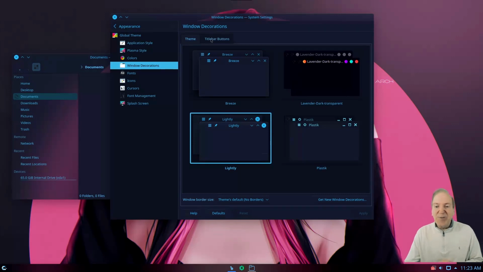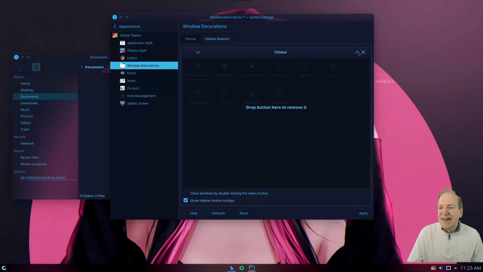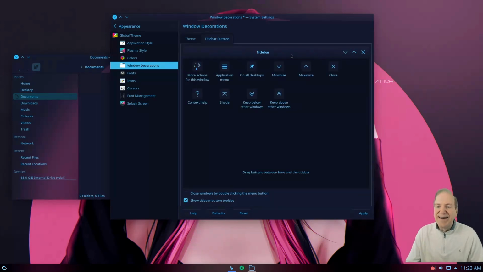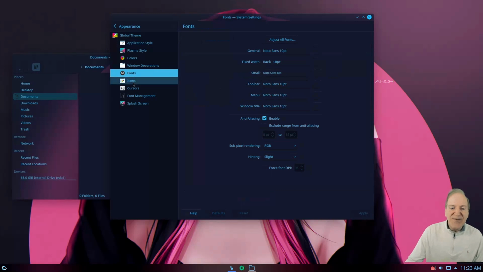But if you click on the title bar buttons tab here, you can see these buttons correspond to these up here. So I can just drag these over to the other side if I want to have them on the other side. So they're easy to drag over. It's just like that. And then if I hit apply, now our buttons instantly show up over here on the right-hand side. So that's how you change those. If for some reason you really love the theme, but you just don't like the positioning, that's where you can deal with that. And then, of course, we got our font settings, so you can customize your fonts here, and